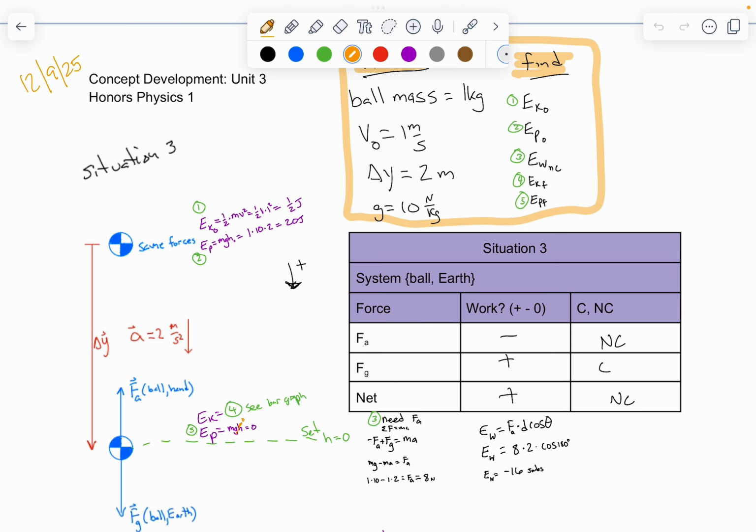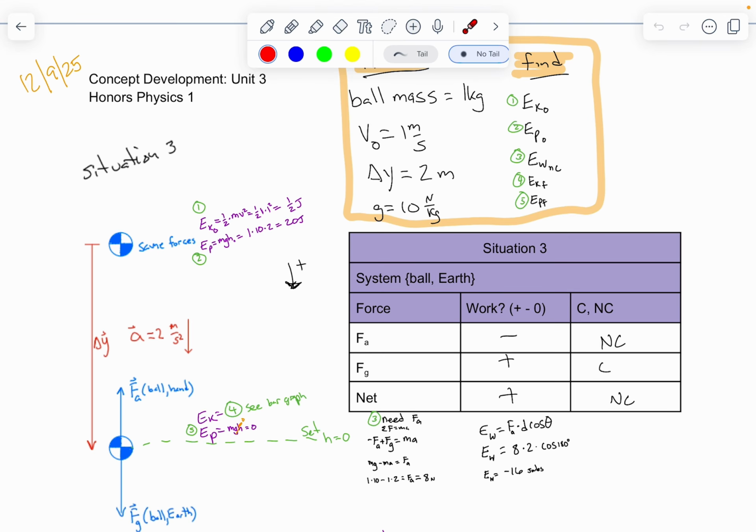We're going to go over the concept development that I left you with here. So let's go, first of all, situation 3. We're going to talk about the ball or system, and let's talk a little bit about the work that is